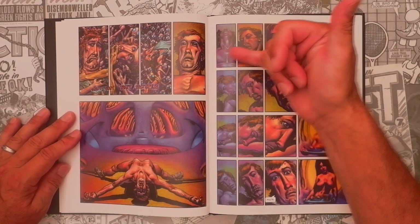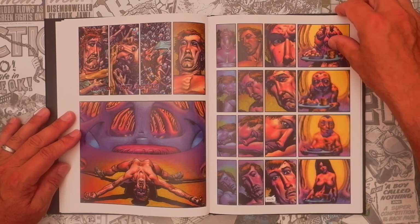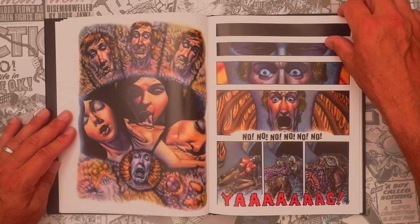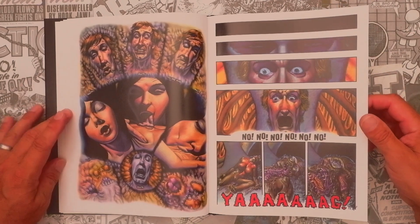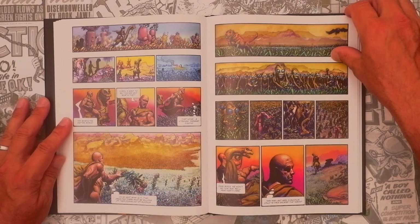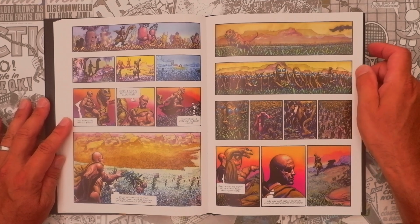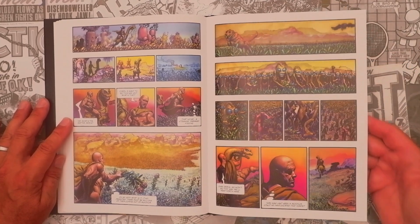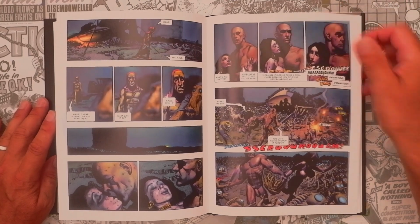What a glorious page for me to just turn. It's beautiful stuff. It's lovely stuff. Yeah, very trippy. Nothing wrong with that. I haven't read through this yet. I'm only at the beginning of this story, because I can't remember it from back in the mist of time. So I'm just literally here to show you the artwork, guys. I can't give you any kind of summation of the story,